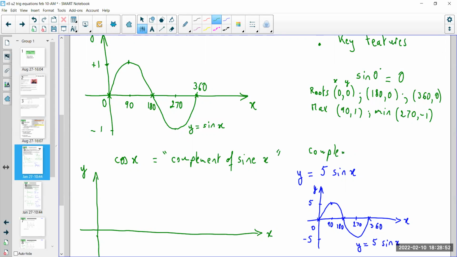Yeah, so complementary angles add up to 90 degrees, right? Which means, because they add up to 90 degrees, to find cosine, you can just slide the y-axis by 90 degrees. So if you were to just slide by 90 degrees,